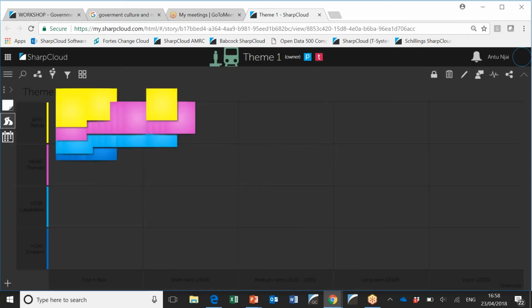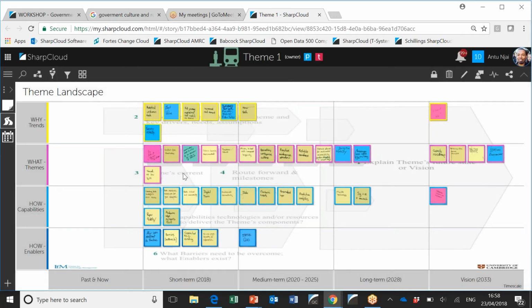It's not sensitive content, but it's just to show you how, within innovating in the rail industry, we're capturing information with a group of interested bodies around the trends, the themes, the capabilities, the enablers over short, medium, long term, and putting it against the background of a best practice process run by the Institute for Manufacturing at Cambridge University, so that people are always aware of what the prompts were, what they were expected to do when they're putting things over here in the vision area or in the past and now area.